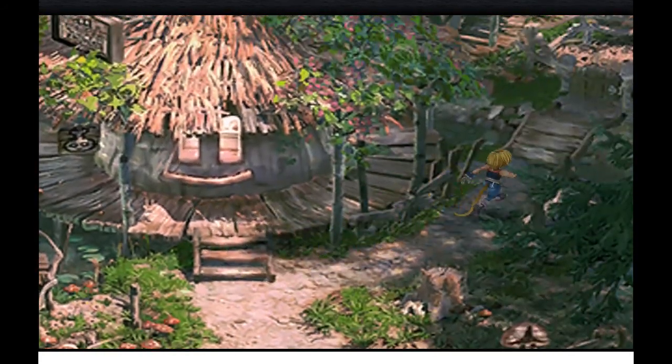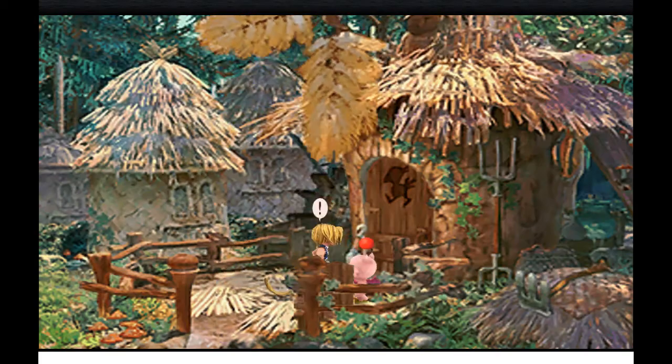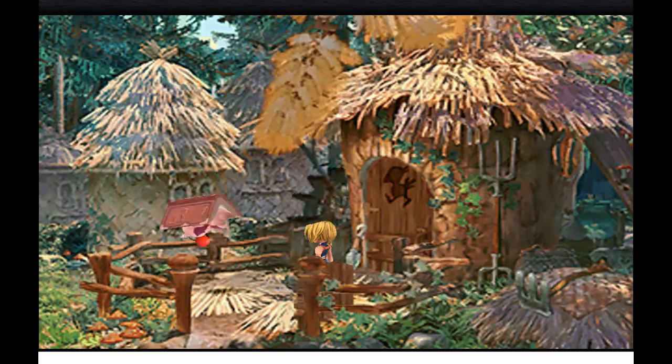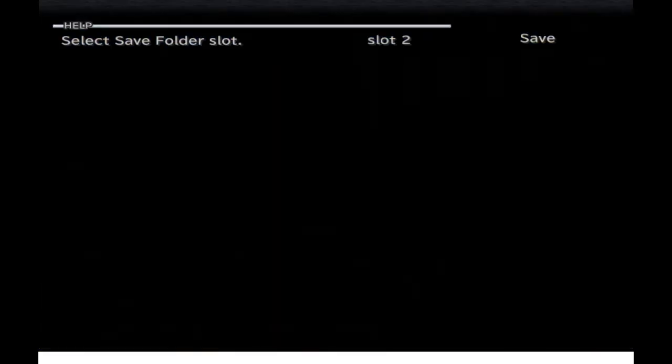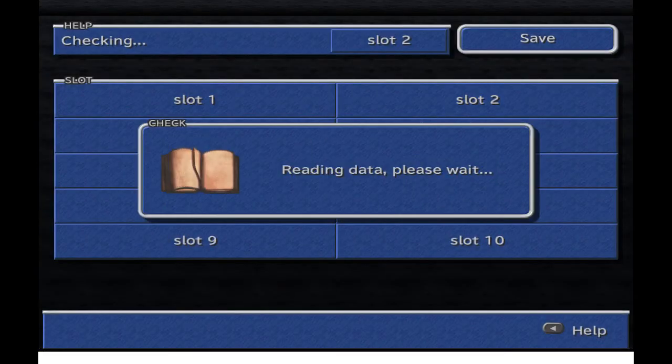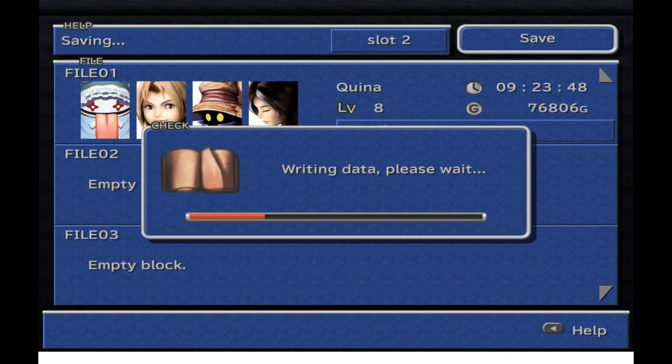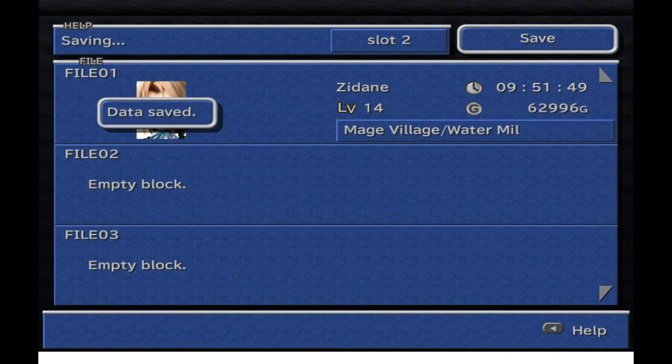So, yeah, actually what I'm going to do, before I go on at all, is save, and then we'll go through the obligatory big plot. And before we go through the obligatory plot dump in this area, that becomes a recurring theme in this game for sure. So let me go ahead and save here,